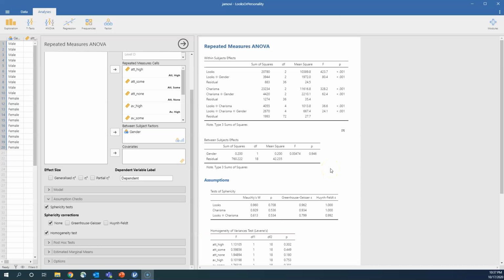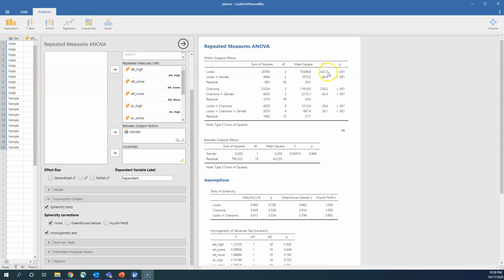So hopping back over here to Jamovi, you can see the different ANOVAs that I just described we would be looking for. So you're going to find your three main effect ANOVAs, which are listed as looks here, charisma here, and gender down here. Now, the reason gender is in its own little table apart from these others is because they've separated your within subjects effects from your between subjects effects. So you have to look separately for those that are between subjects as opposed to those that are within subjects. So looks and charisma are within subjects, then gender is between,